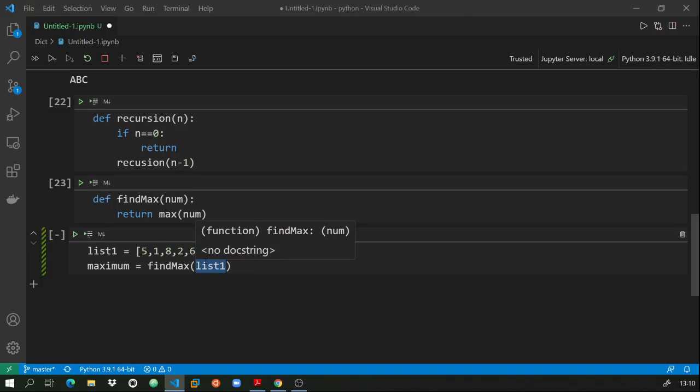It will take the list, go to this, and check: I have to return the maximum of the number, because number here is the list, and return that maximum value. That maximum value, here 9, will be stored to this maximum, and hence we can use this maximum value here.